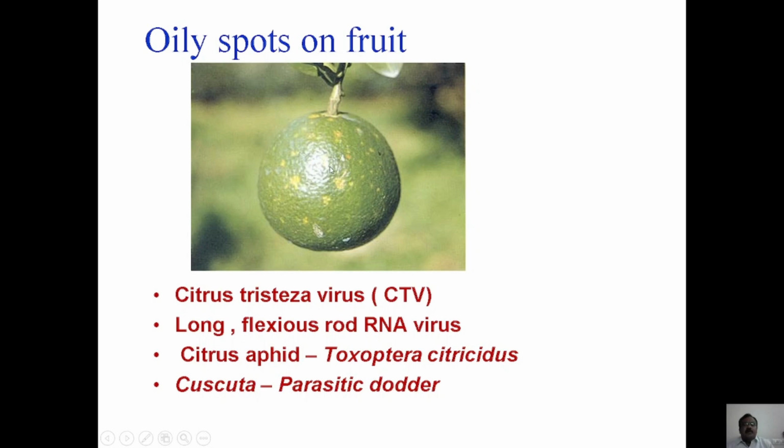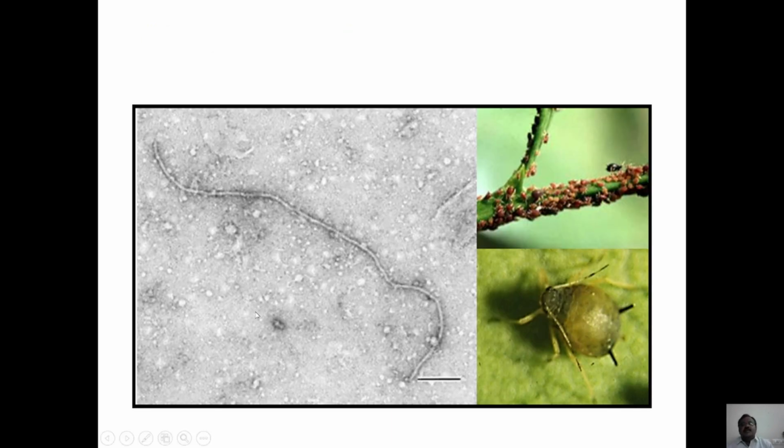And this Citrus virus is a long, flexuous and rod-shaped virus, which is transmitted by the citrus aphid Toxoptera citricidus. Besides, Cuscuta, which is a phanerogamic parasite, nicknamed dodder, is also responsible for transmitting this virus from infected to healthy trees. This is the typical shape of the virus, flexuous rod shaped, and this is the transmitting vector, the aphid Toxoptera